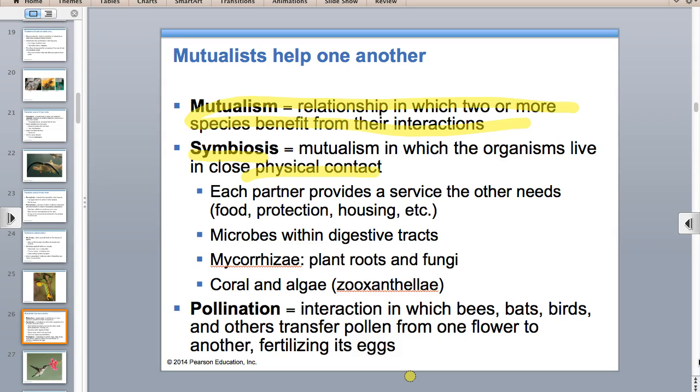You have these mycorrhizae. I always feel like I'm saying that wrong. Probably am. Try my best. They actually are plant roots. This is really important in a second when we get to talking about the nitrogen cycle. It is the root nodules on legumes, which are like beans, that help to convert nitrogen into something usable. We're going to get to that.